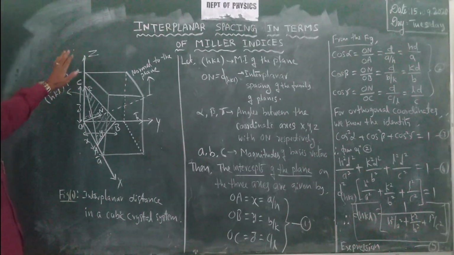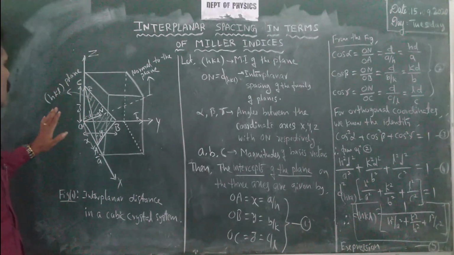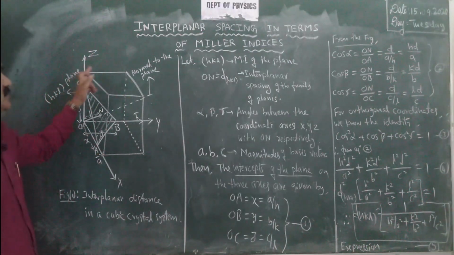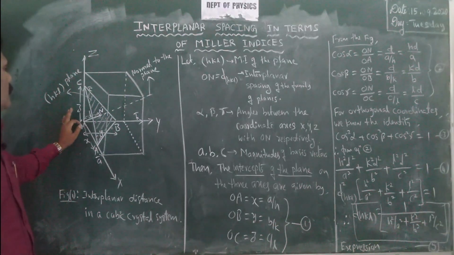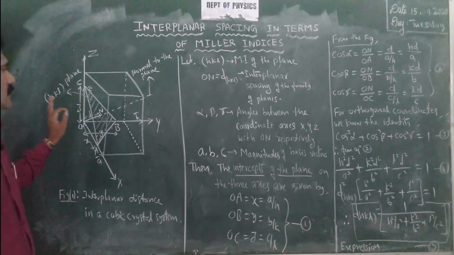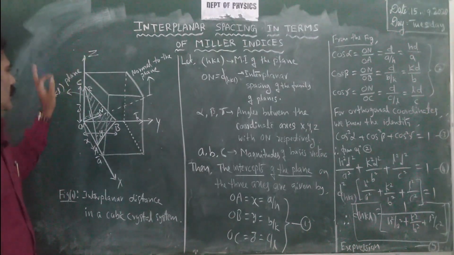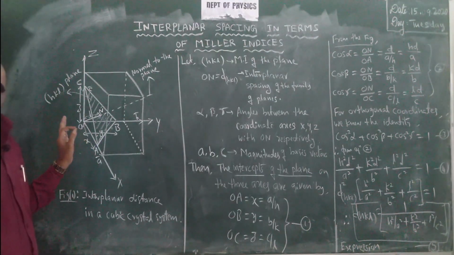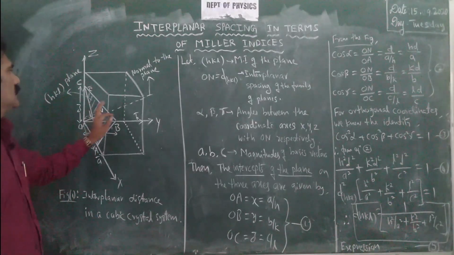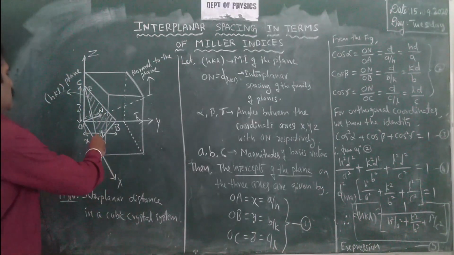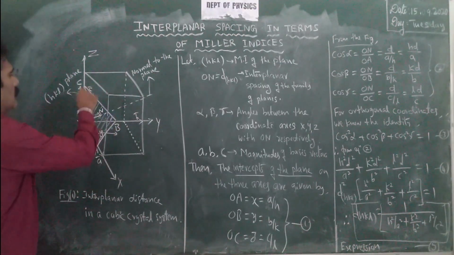So let us consider a diagram. What does this diagram indicate? Here we have a cubic crystal system, the simplest one, in which from any one of the corners you can consider the three coordinates, that is x, y and z. Correct? Now one of the planes is considered here so that it is intersecting along all the three axes. That means the plane ABC. You can see that the shaded plane is the given plane.